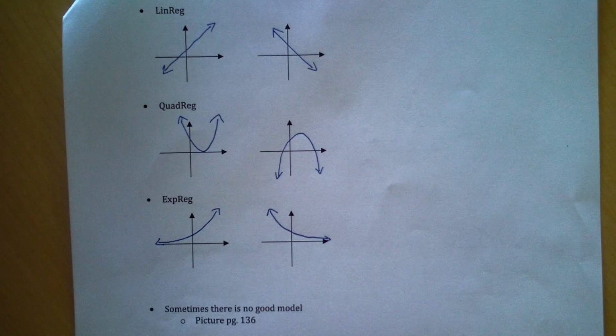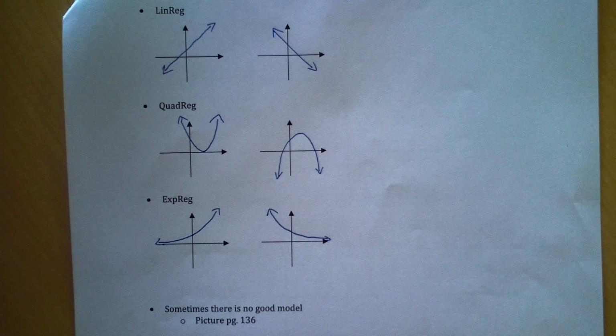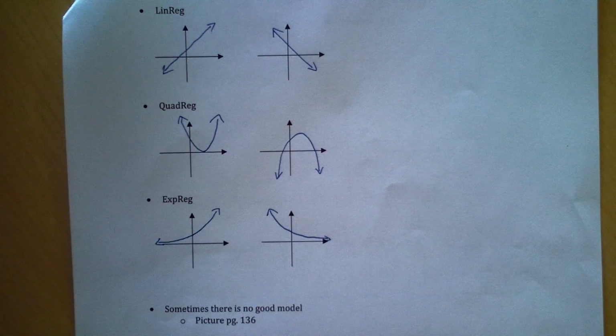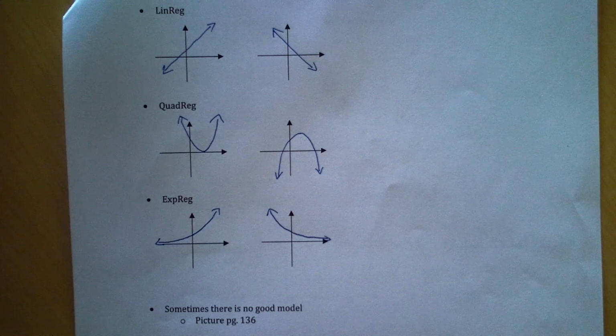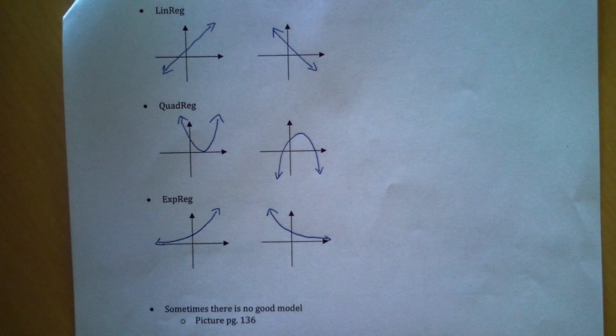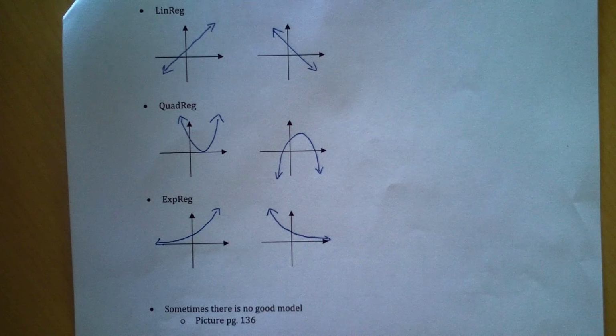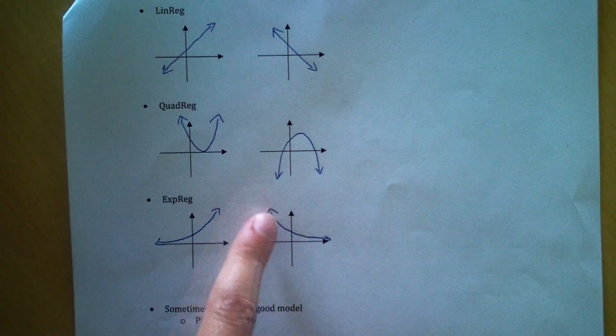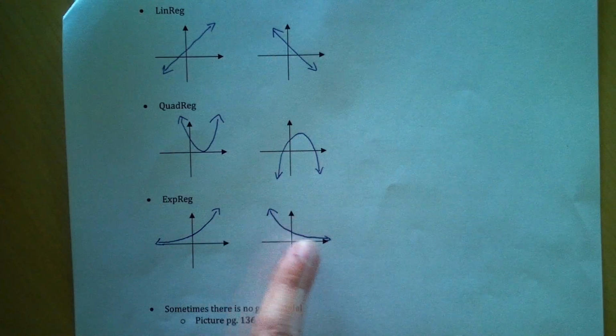So this just gives you some visuals of when you would want to use specific models. Like you'd want to use linreg when you've got stuff that's in straight lines. Your slope is going to be positive if it goes uphill. Slope is going to be negative if it goes downhill. You'd want to use quadreg when you've got stuff that's in that curve type shape, where you've got a low point and then it gets higher, or you've got a high point and it gets lower on each side there. And then exponential reg is where it starts low and then increases quickly, or starts really high and then decreases quickly, but then levels out there,